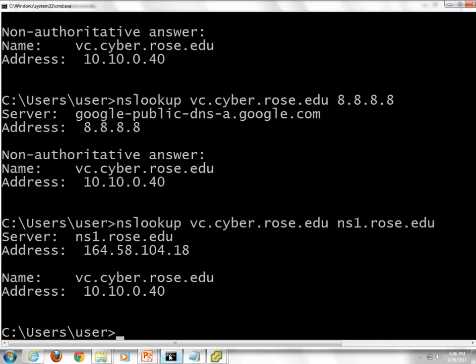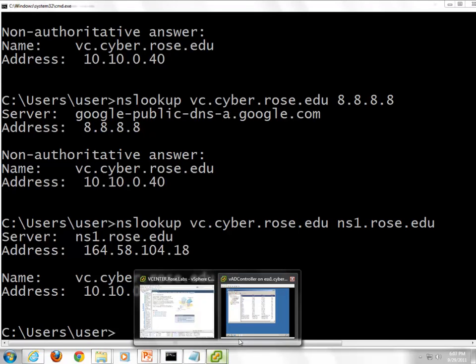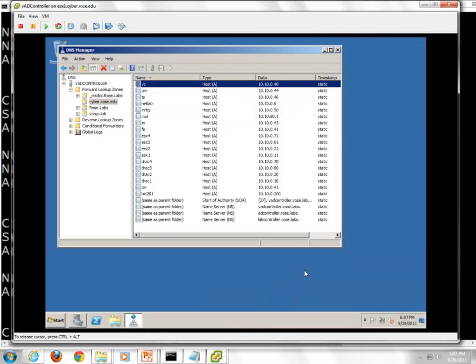But there is an external address. I just can't quite show it to you because we're internal. I was hoping I could get outside to show it to you. But that's pretty much what DNS does. Now, I handle multiple domains, rose.edu, rose.labs, and also stego.lab. Stego.lab I'm using for a project in another class. Stego.lab is a fake domain. If you go outside in the outside world and type it, it won't do nothing. That way I can make sure it works in my lab only.